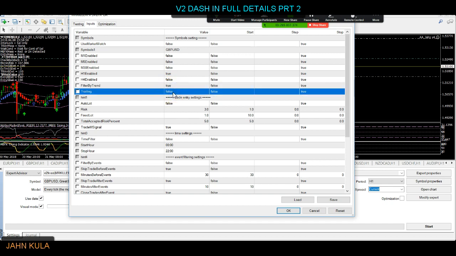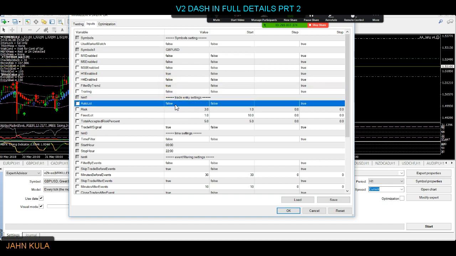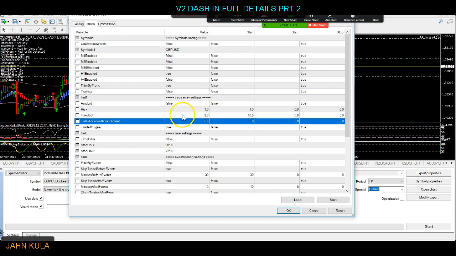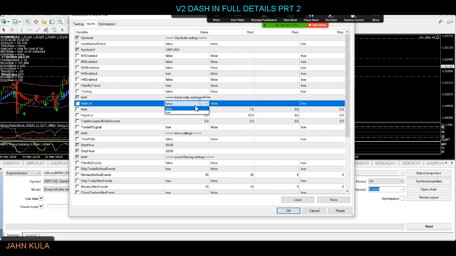We're not going to do any trailing, no auto lot sizing. We're just going to put a fixed lot size of, let's say, 2 lots in total. If you want to do, for example, 1% or 2% of your account, then that's okay. You can say true, so it's not going to use this fixed lot size, and you can choose how much you want to risk per trade, and you can choose the total accepted